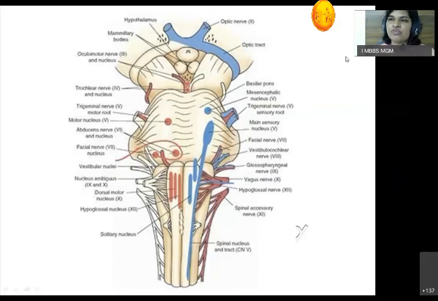Secondly, it consists of centers. First is the reflex center, that is sneezing, yawning, coughing, swallowing and the gag reflex. Secondly, it consists of visceral centers, which control the heart rate, respiration, blood pressure, consciousness, everything. So whatever centers are present, they are very vital for life. So any small injury might cause coma or death, or even major hampering of basic life functions.